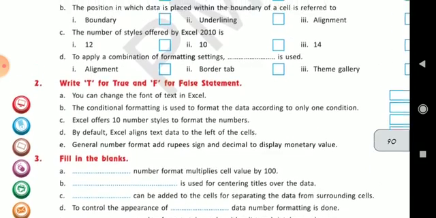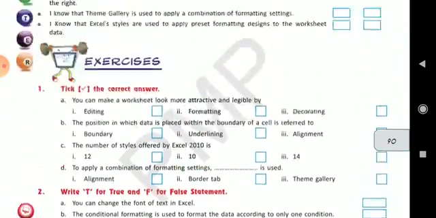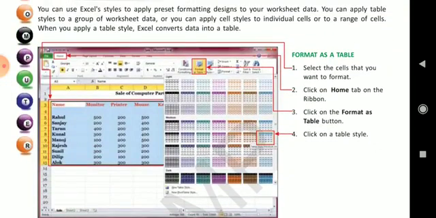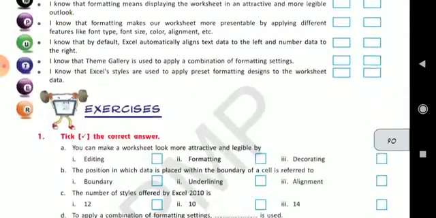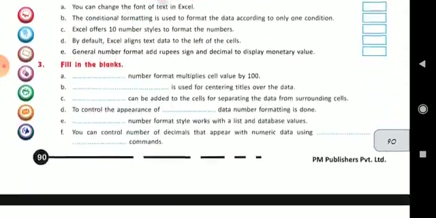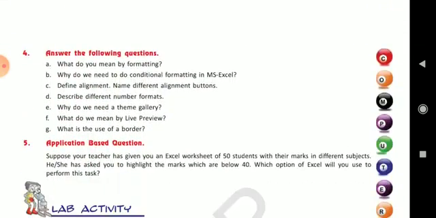So now we have completed the exercise of this chapter also. I hope all the things are clear and understood by you. Revise the chapter and the question answers. Learn it, write it down properly, and keep it with yourself.